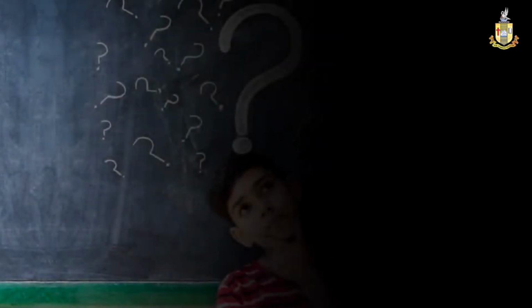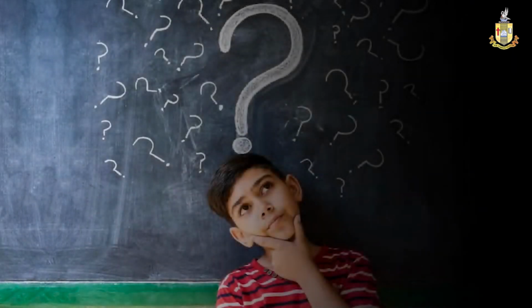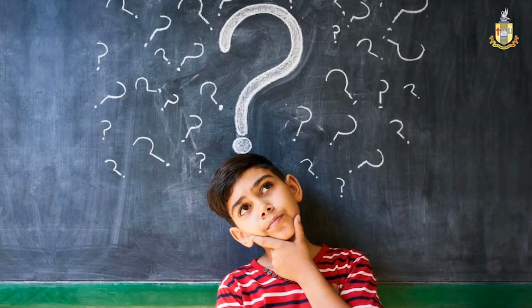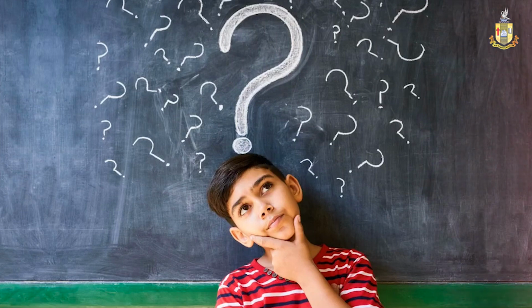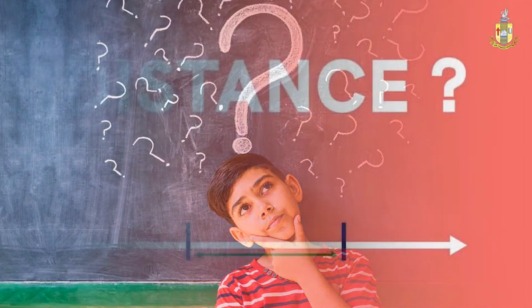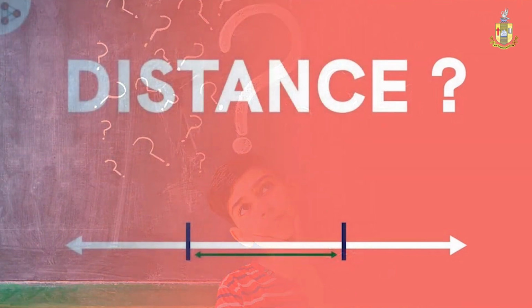But how can I say two numbers are getting closer? Let us try to understand from an example. When will you say two persons are standing close to each other? Can you guess? Yes, you can tell by looking at them. But how can I say this technically? Can you imagine? Of course, if the distance between them is comparatively small, then we may say they are standing next to each other. The same idea applies here.